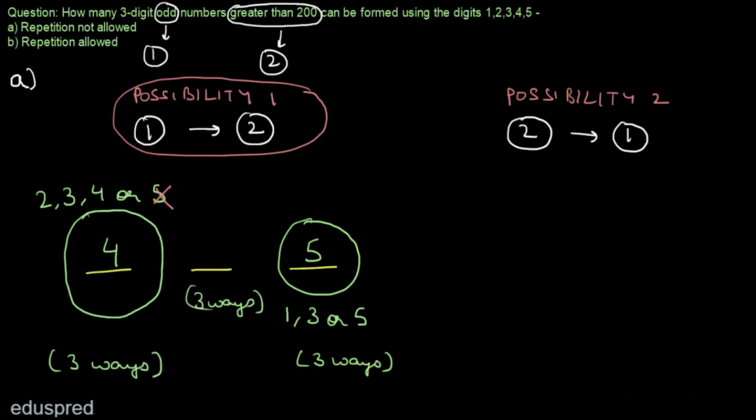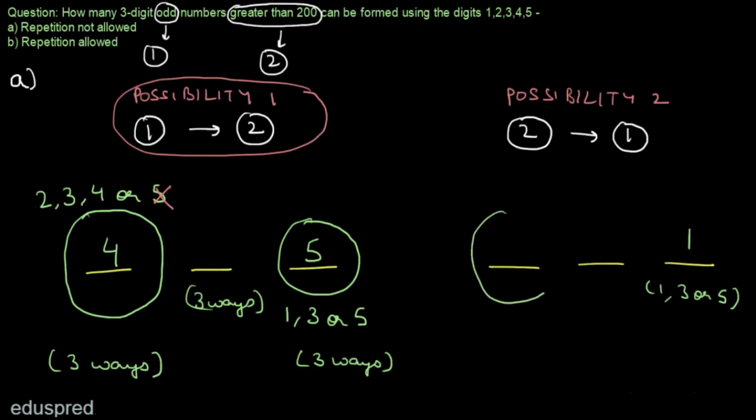Now let's do one more exercise here, and now we are going to consider different numbers for the third and the first slot. So once again, let's make 3 slots. And let's start with the first condition which says that the number should be odd. So that means we can have 1, 3 or 5 here. And for this example, let's say that we are filling the third slot with the number 1. So this is the first condition. Now let's move to the second condition.